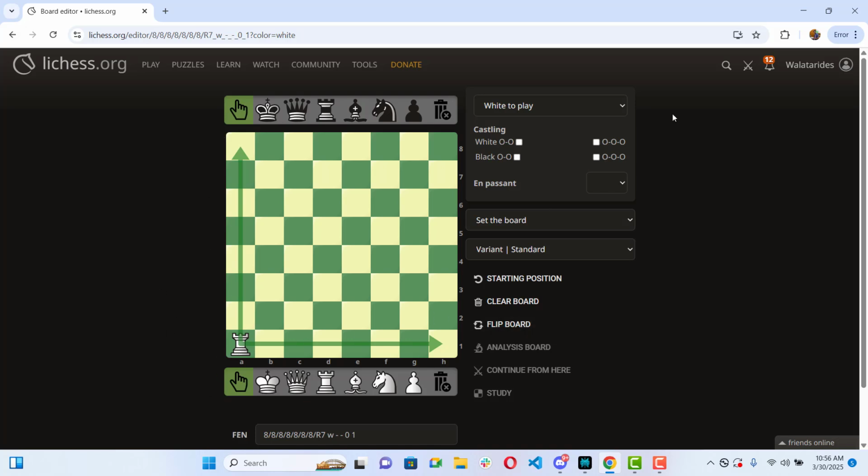But I've noticed over the years that the simplest way of explaining the rook's movement is just to say the rook moves up, down, left, right. For example, up, down, this is to the right, and this is back to the left. So I can put the rook up here and draw the arrows easily: up, down, left, right. There is only one shortcoming about this